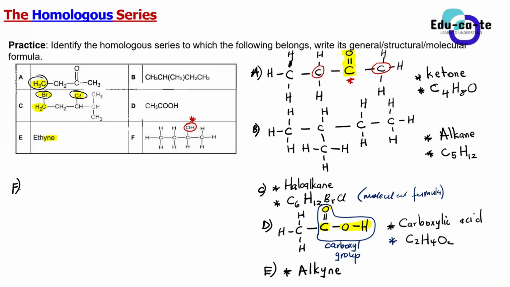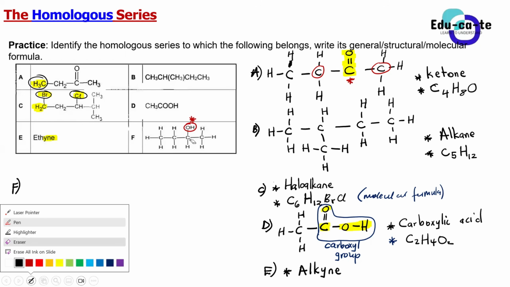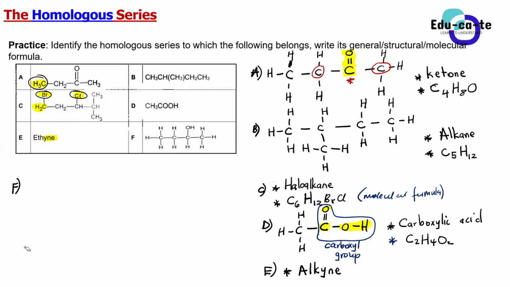So it's an alcohol where the carbon bonded to the OH is bonded to only one other carbon. When it's a secondary alcohol, the carbon that is bonded to the OH is bonded to two other carbons. So when you want to see the type of alcohol, guys, you look carefully at the carbon bonded to the hydroxyl group. In this case, when you look at this compound very carefully, this is the carbon that is bonded to the hydroxyl group.